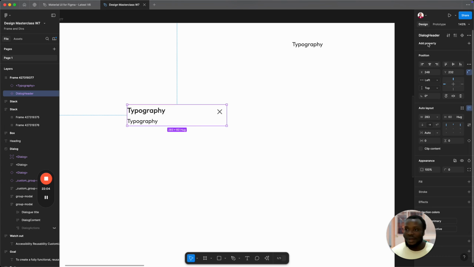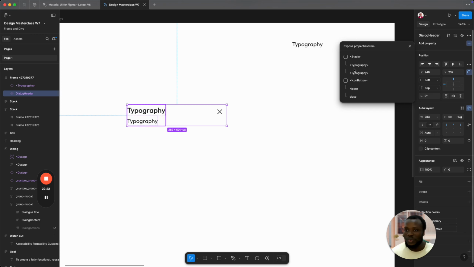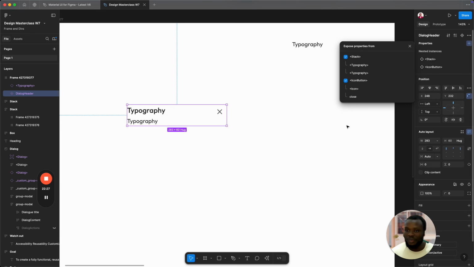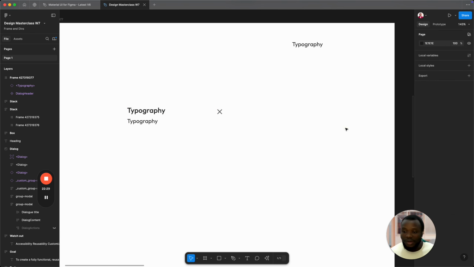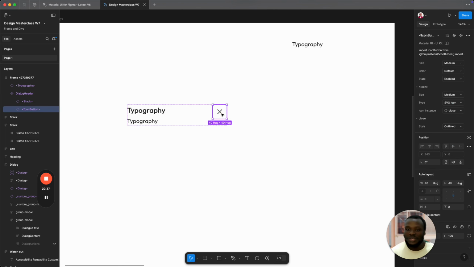So to do that, let's first of all expose all the properties of the component inside this. If you click on the top right here on add property, click on the plus icon, click on nested instance, and now we can expose the typography, we can expose the icon button, right? That way it's now customizable. We can change the text, we can change the icon button. But most likely you wouldn't be changing the icon button, because this button is the close button